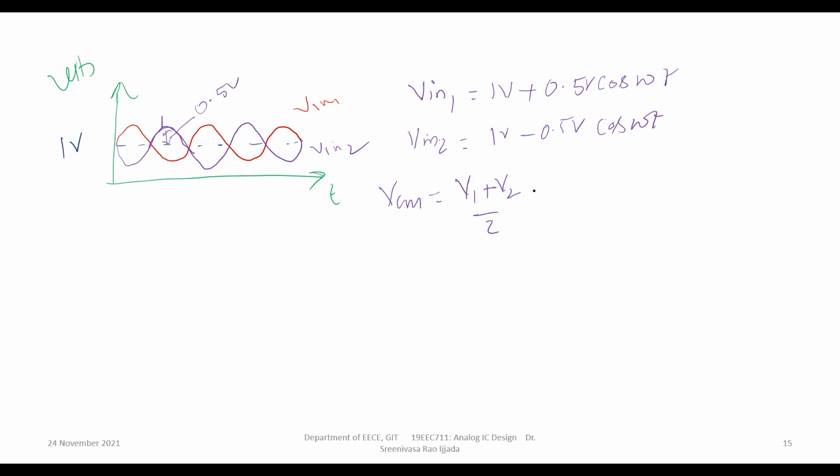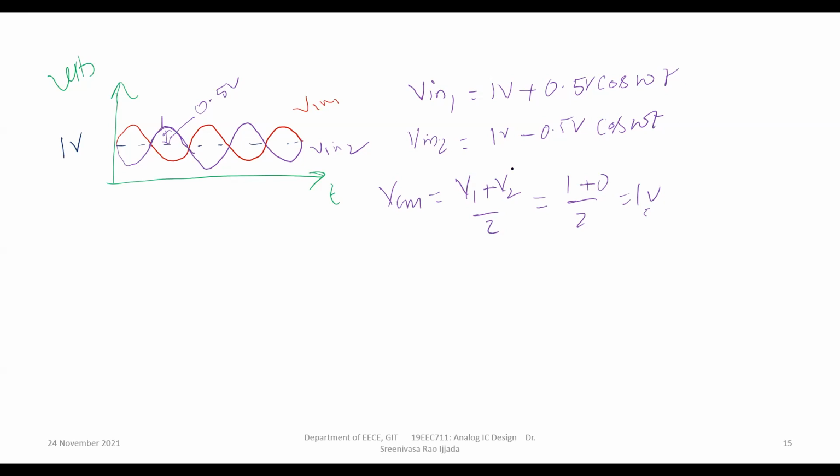Okay, so now, V1 is 1 volt at one time, and V2 is 0 at that time. In the next case, V1 is 0 and V2 is 1 volt. So it is always 1 volt this way. Or you can take this one entirely, then these two will be cancelled. 1 plus 1 by 2 is how much? 1 volt. Clear?